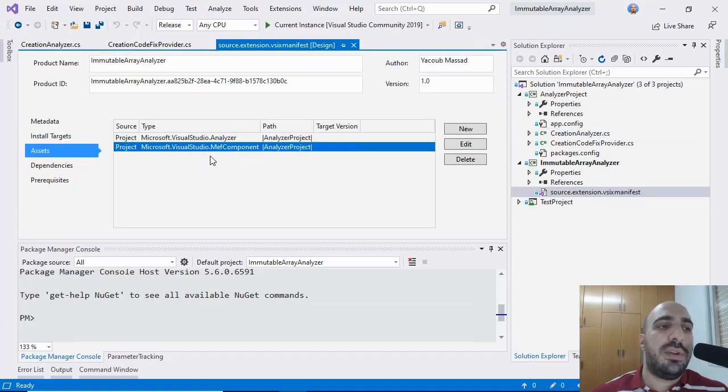The second kind of asset is called an MEF component, and this asset is not specific to Roslyn analyzers or Roslyn code fix providers. This asset can be used for any component that uses the Microsoft Extensibility Framework.